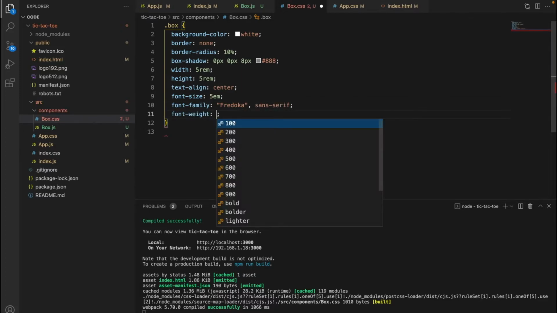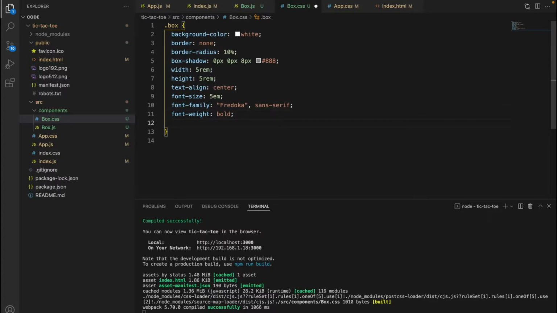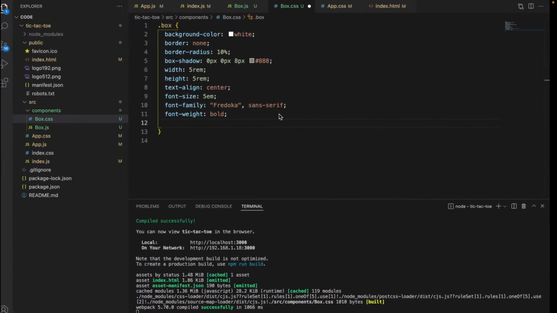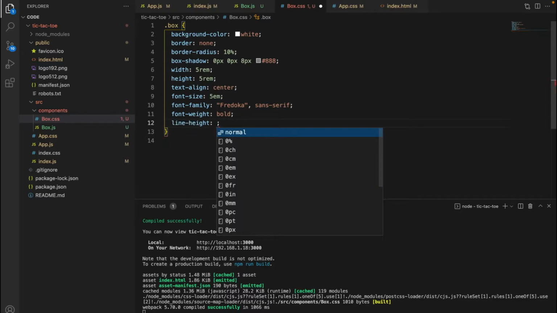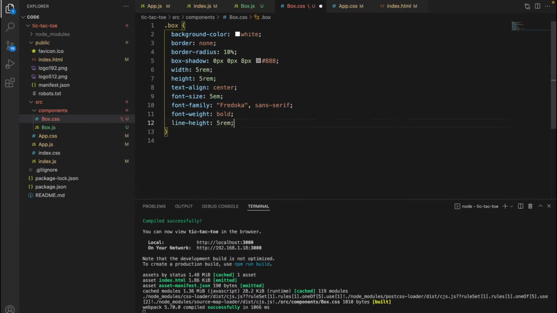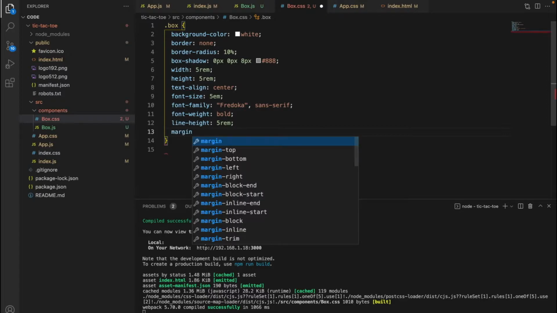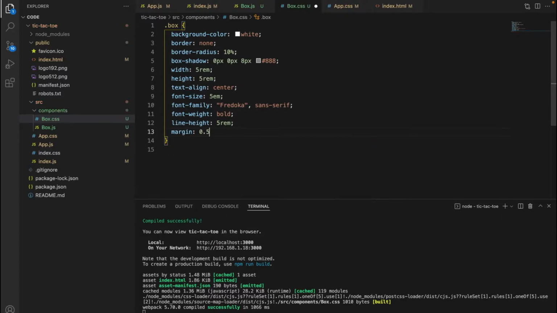And we will also want to make it as bold, and we want to center it vertically as well. And to ensure that, we can just say line height of 5 rem, and we can keep the margin as 0.5 rem when it's laid out in a grid. This will help space them apart. So now we can see that it looks a lot more like how we want it to